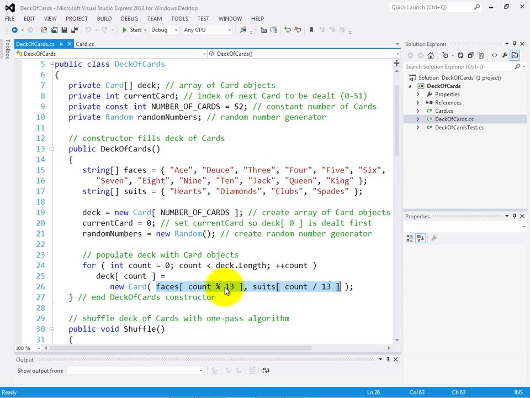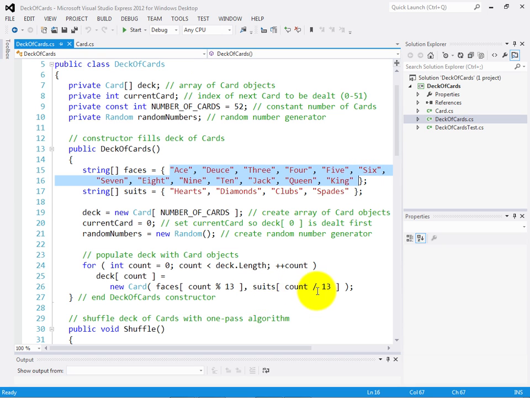Faces sub count % 13 says divide count by 13 and give me the remainder after the integer division, and that's always going to be a number from 0 through 12, which is exactly the set of index values for the 13-element array faces.